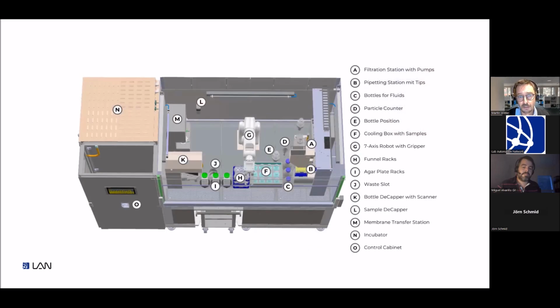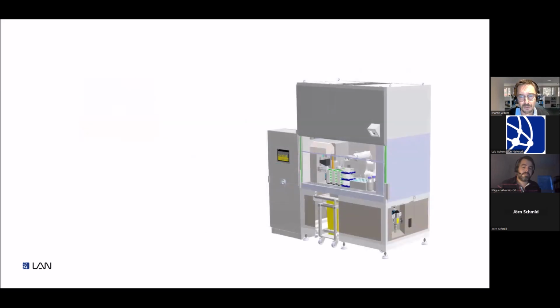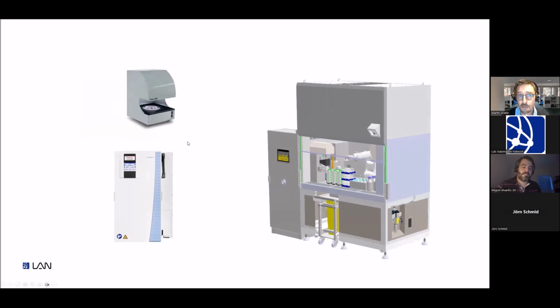Here you see the individual modules. I think you have understood what's all in there. We can provide you with the slides so you can refer to it. And then the trick is to combine this with equipment that you have already in the lab. This is the filtration module, and you might have your own incubators, your own colony counters, or even another type of